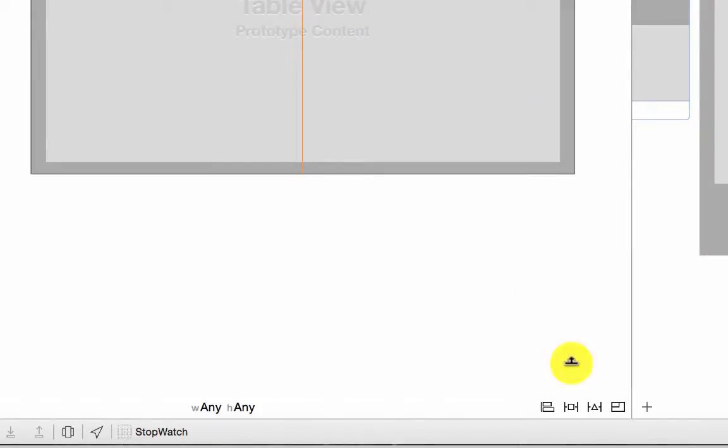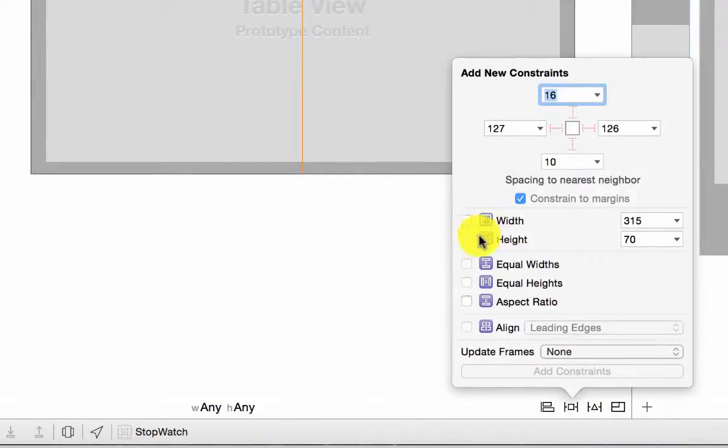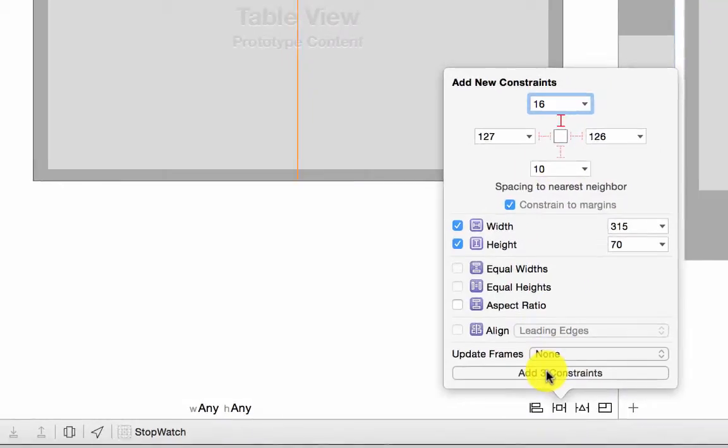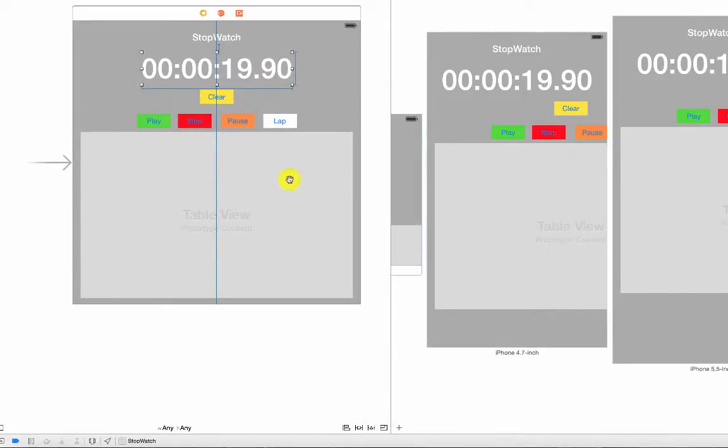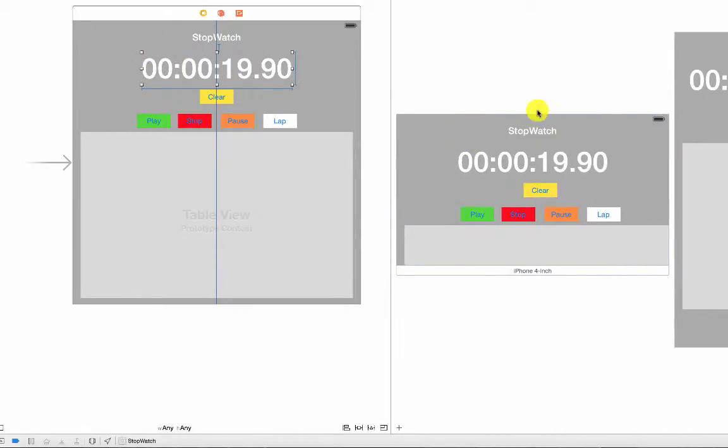Okay, and next I will fix the height and the width. Okay, 315 and 70, and at this time I move this label under the stopwatch by about 10 pixels. I make it 10. I click to turn on this, add tree content. Okay, now you see we have some content for this label, and you can see the result on the right